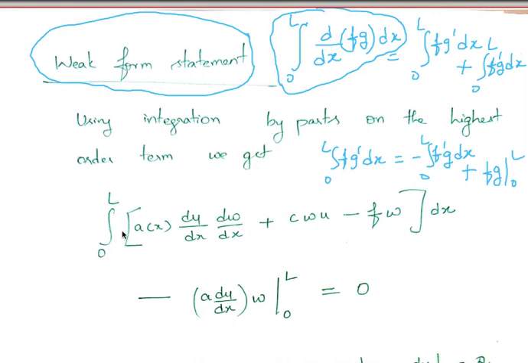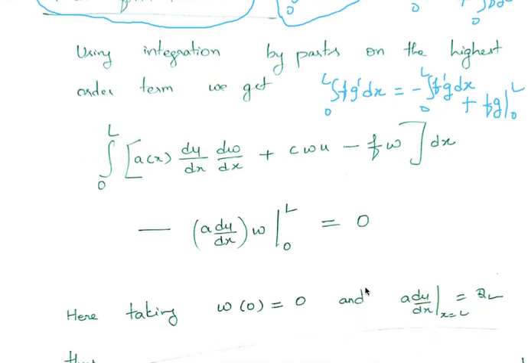I actually originally had weight function w into minus d by dx of a into du by dx, right? So when I transfer the derivative, the minus vanishes during integration by parts, and then I end up with dw by dx into a du by dx. Other terms remain unchanged. This will be plus c times w times u minus f times w dx. And what will be the boundary term? It will be w into minus a du by dx evaluated at 0 and L. This is what I am going to get when I do